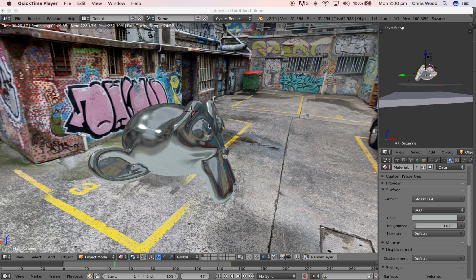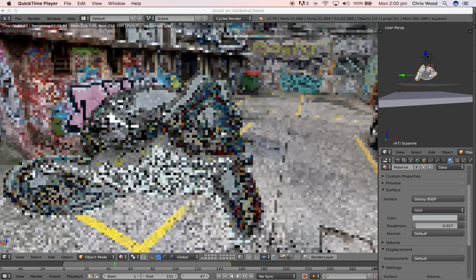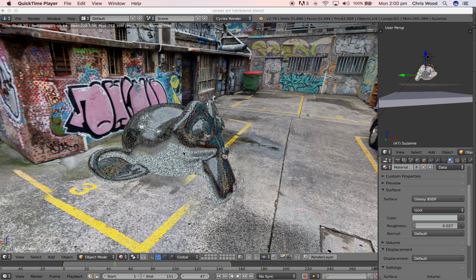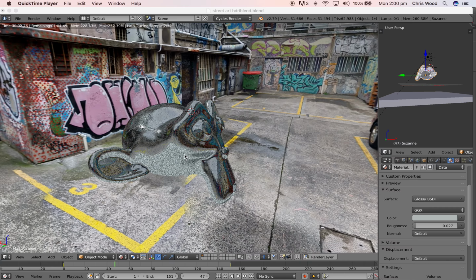Okay, hi everyone. So today we're just going to have a quick look at creating a simple street scene, and we're going to use a HDRI image. So I'm just going to give you a little bit of an idea of what a finished object might look like